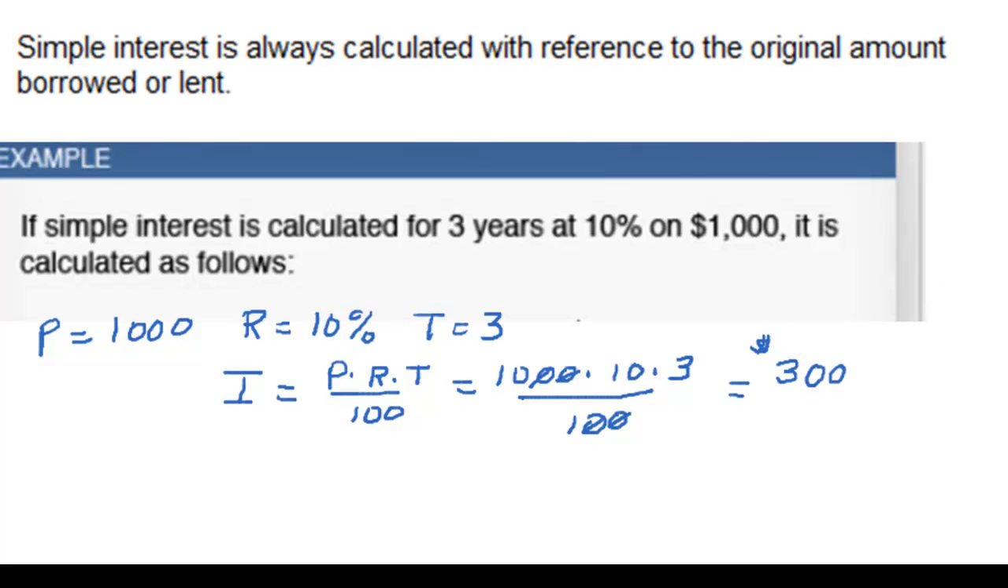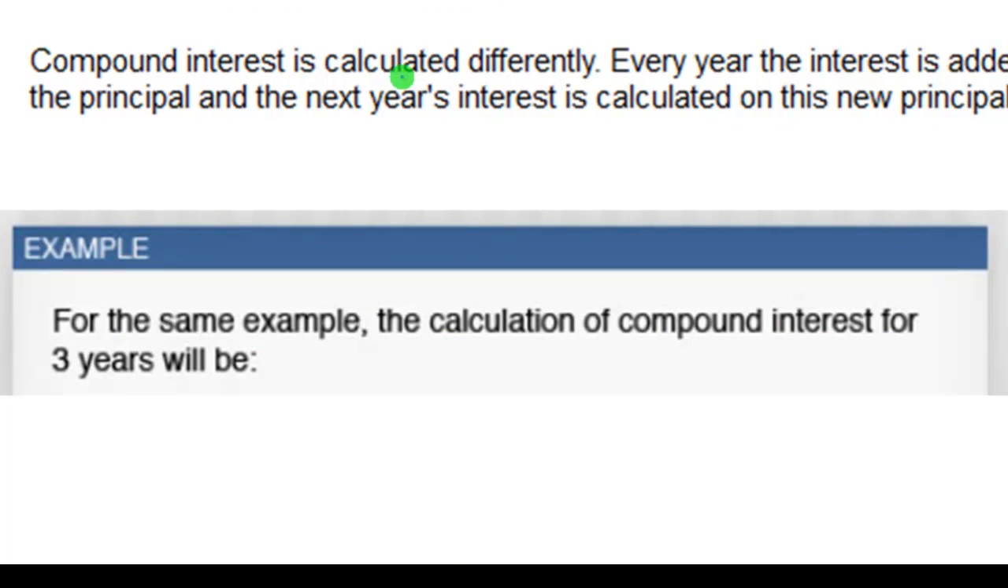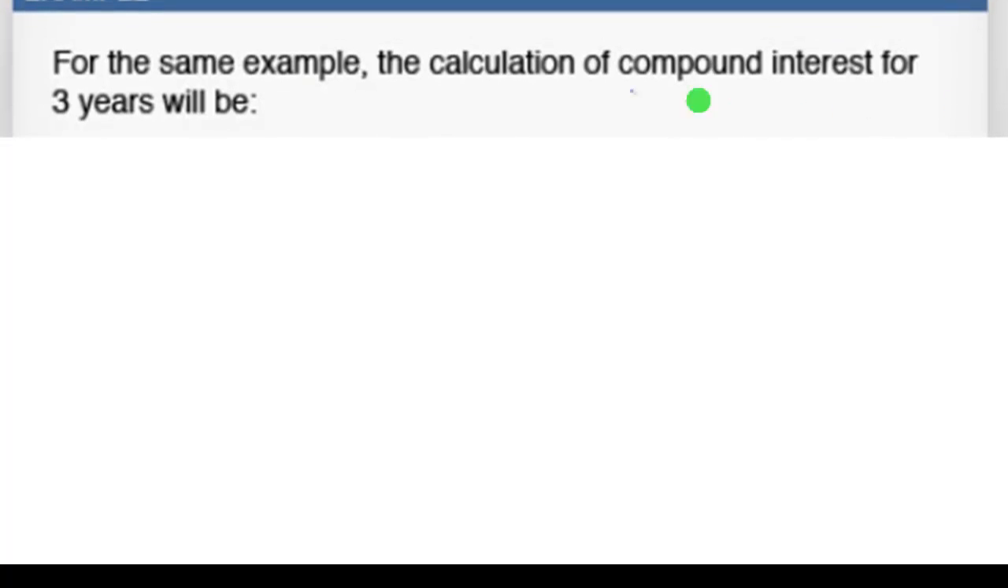Okay, now let's talk about compound interest. Compound interest is calculated differently. Every year, the interest is added to the principal, and the next year's interest is calculated on the new principal. And this is more like what you're used to with banks. So let's talk about this. The calculation for compound interest for 3 years will be, so the same example. Remember, the first year,